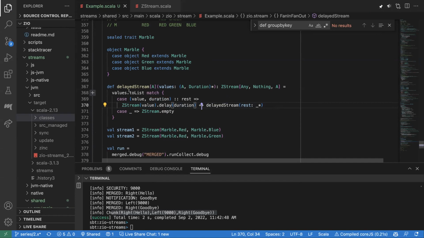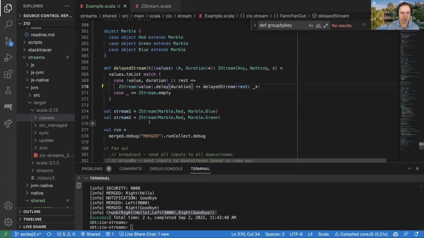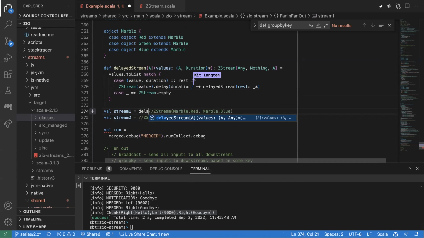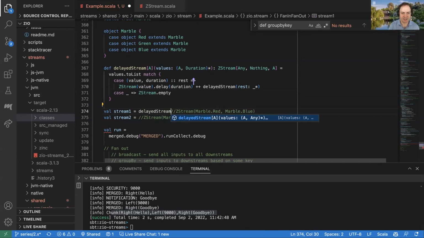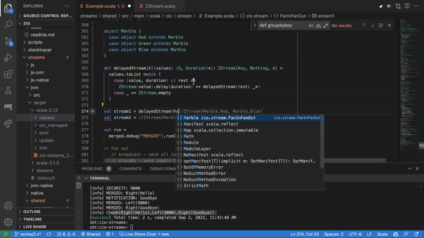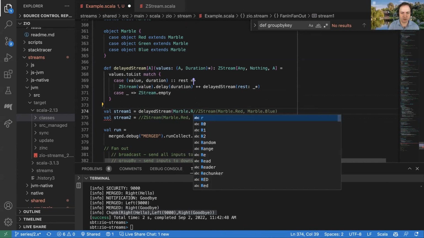Yeah, let's give this a shot. I was going to implement a slightly different way, but that way is fine. I'm sure there's maybe a better way, but it's kind of cool that it looks like a map or a fold left or something. Okay, so the first one's going to be marble.red